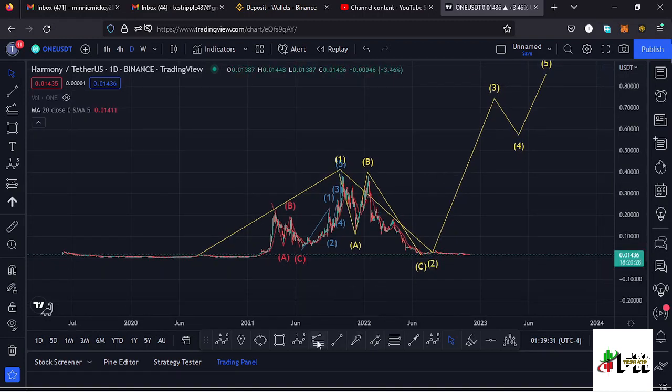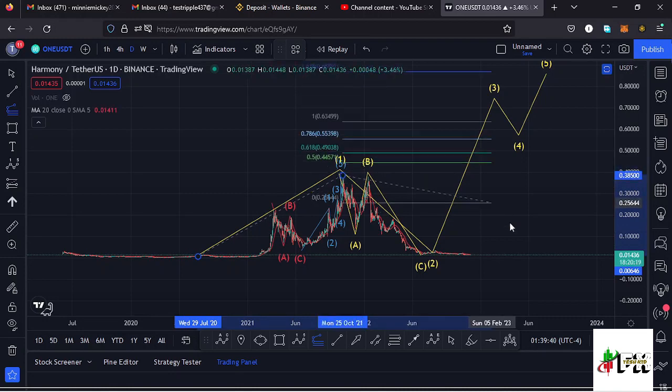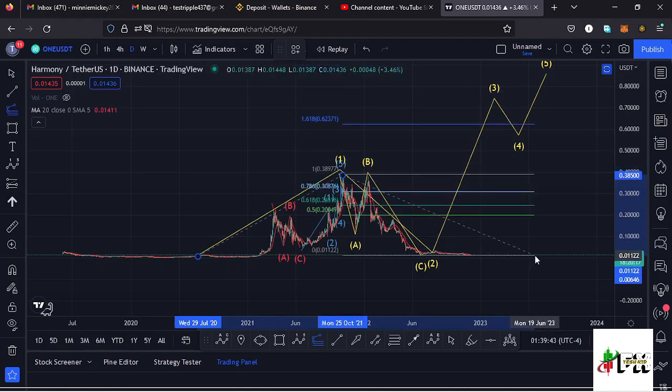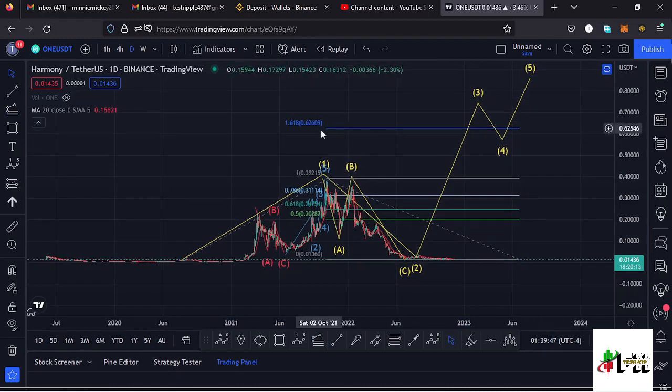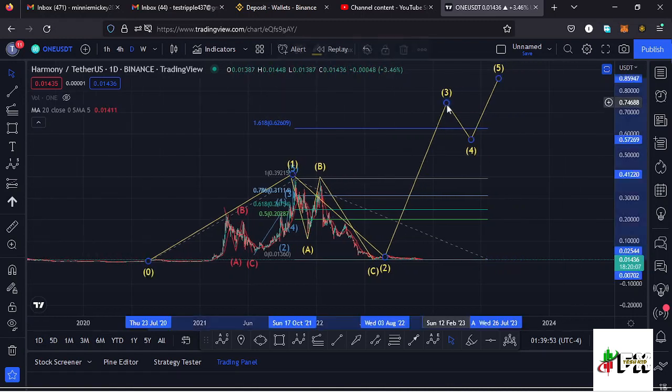I can sketch out a minimum target area using the trend-based Fibonacci, connecting it from the low of the first wave down here to the high of that wave 1, and then dragging the fibs to the low of the second wave, and that gives me a minimum target area to the upper side at the fib level 1.618, and that is at around the $0.62609 mark, and that is the minimum that I would expect HARMONYONE to do to the upper side